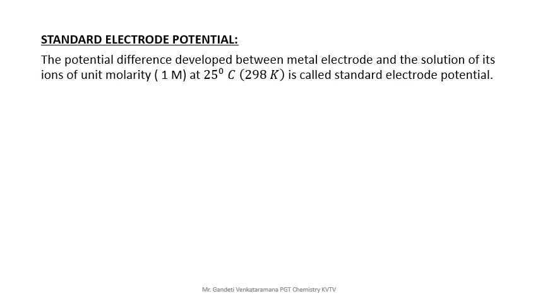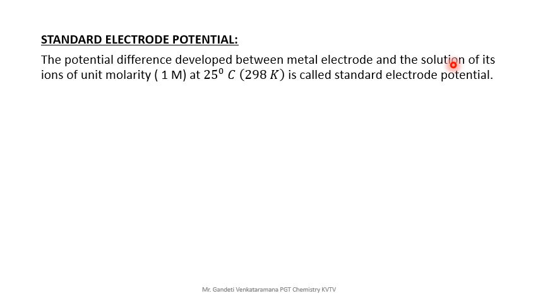Dear friends, already we studied what electrode potential is. Electrode potential is defined as the potential difference developed between the metal electrode. Take the metal electrode and dip it into the solution of its own ions. Then some potential difference is developed. Clear? That is only the potential difference.